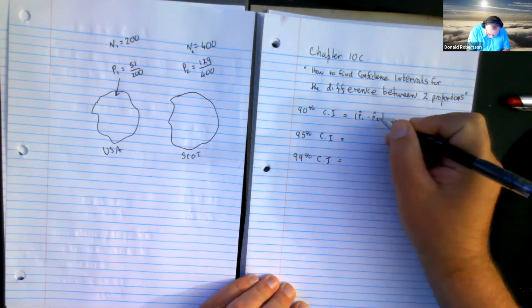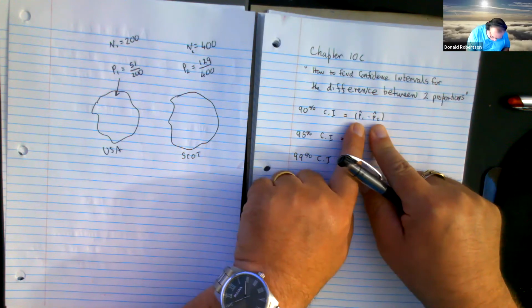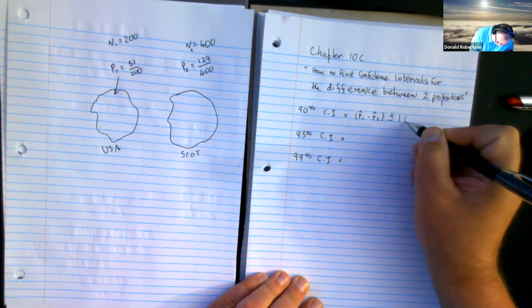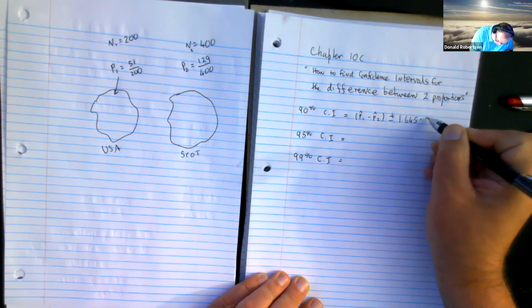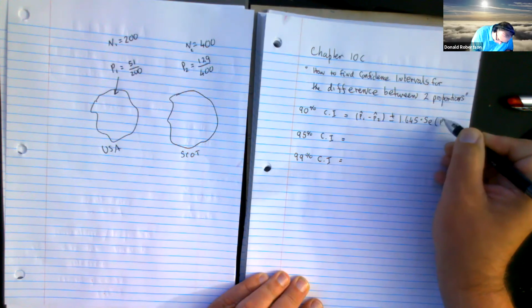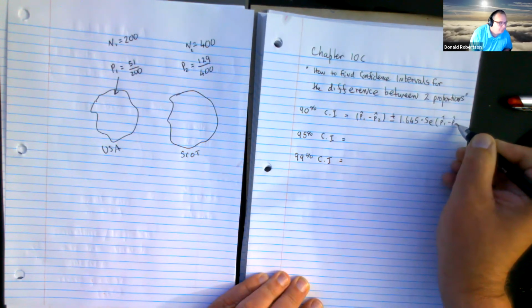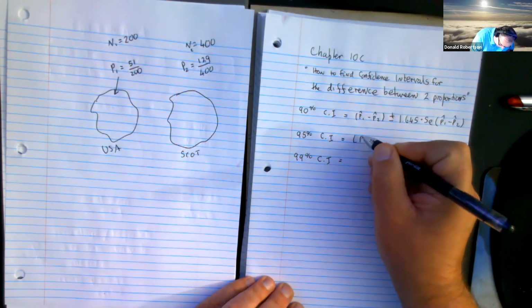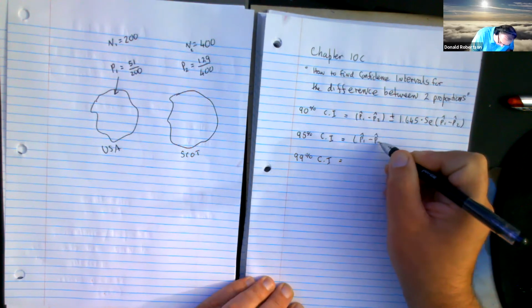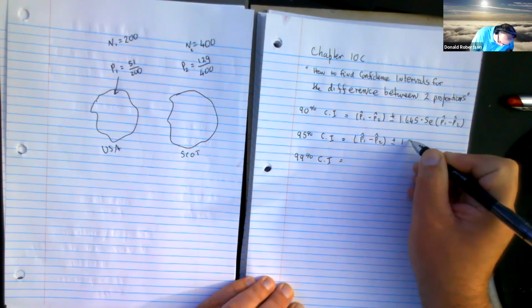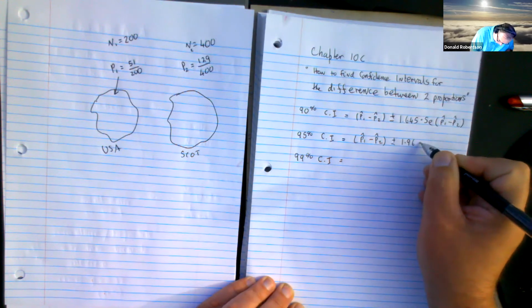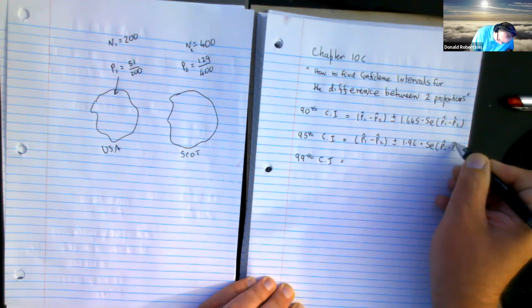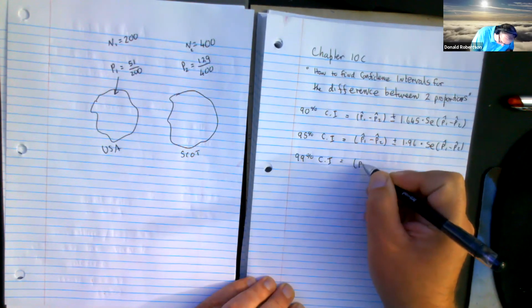Now back to this formula. It's P1 take away P2. That makes sense, right? You're looking for a difference, plus or minus 1.645 times what's called the standard error of P1 take away P2. The 95% has only one change. And the 99